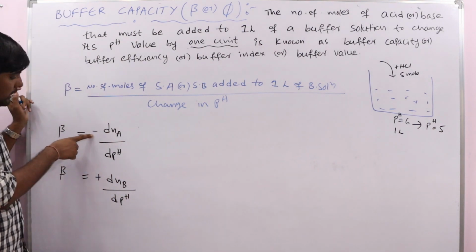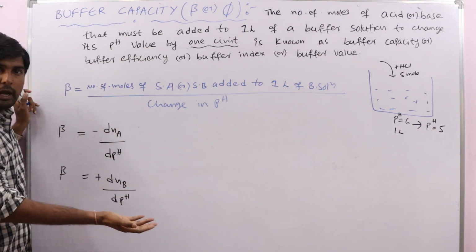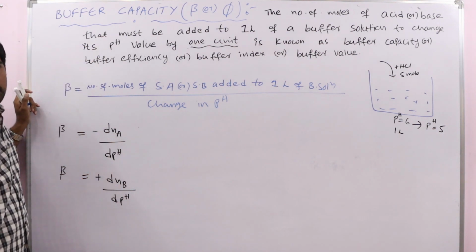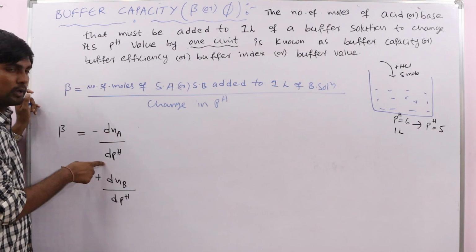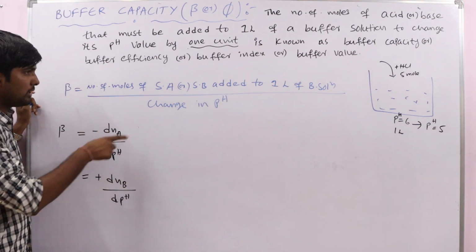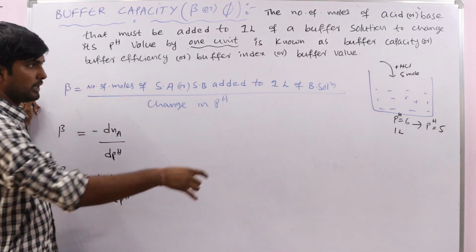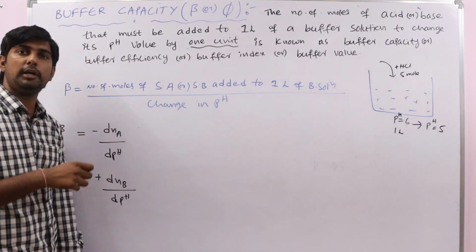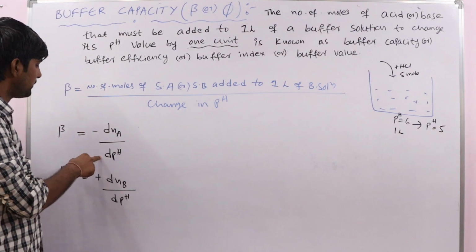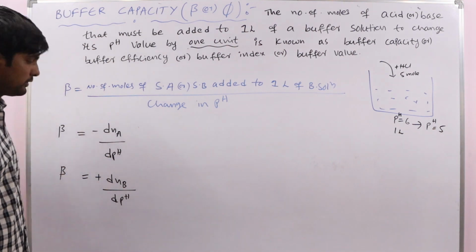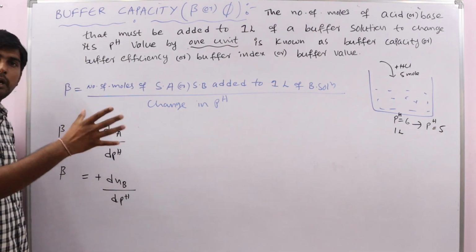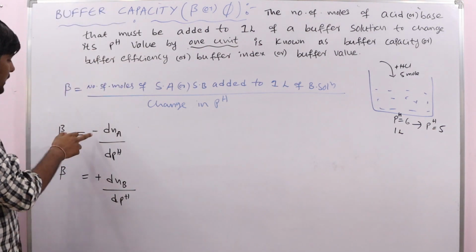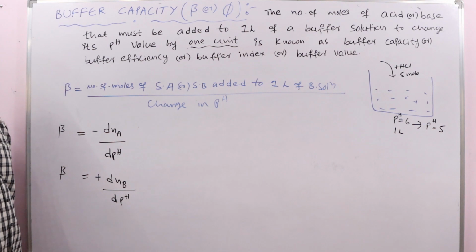So that's why here we are getting minus, and when you add base, what happens? pH increases. So here we get the positive value change. Here when you add acid, what is happening? pH decreases. Here the difference will be minus 1. Yes or no? Change we take as final pH minus initial pH. So here we get minus into minus, that becomes plus. So overall buffer efficiency we get as a positive value. Okay, clear? So that's why we are taking the negative sign in this one.